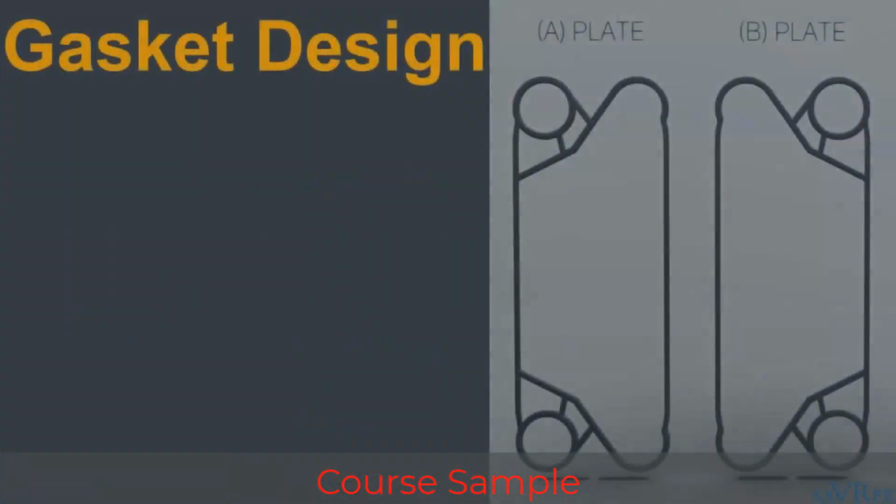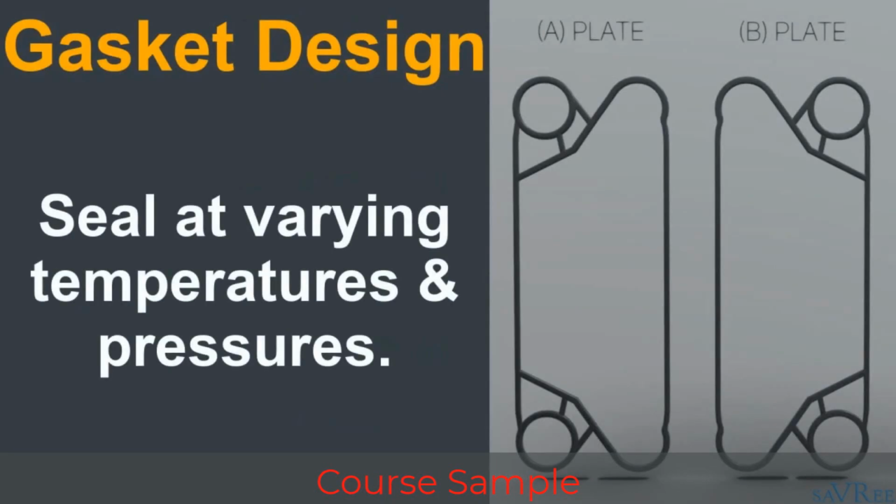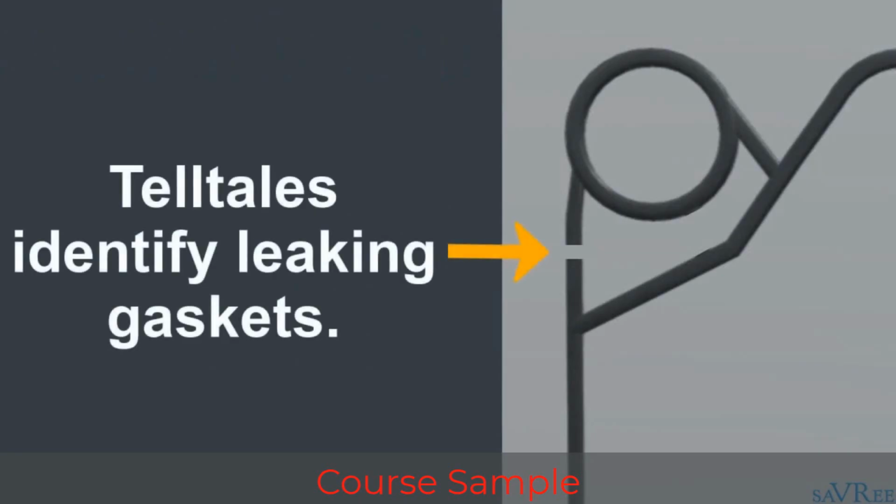The gaskets are able to maintain a seal between the plates even when the system pressure and temperature varies. Holes in each gasket, known as telltales, are used to identify leaking gaskets. This feature allows operators to change the affected plate before the leaking medium leaks through the next gasket and contaminates